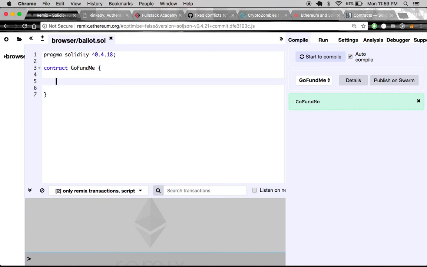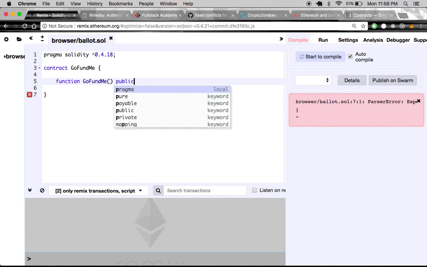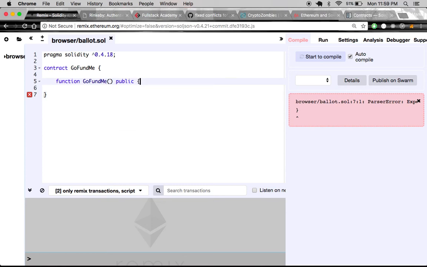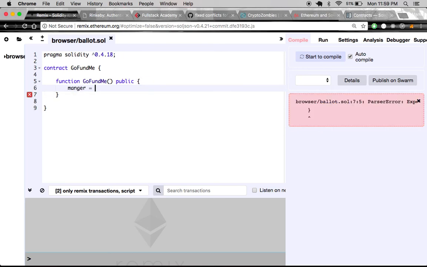The functionality is a little similar to, if you're familiar with JavaScript constructor functions with objects, but the syntax is a little different. So bear with me here. First, we start off by saying function GoFundMe invoked public bracket. And inside this bracket, I'm going to write manager equals message.sender